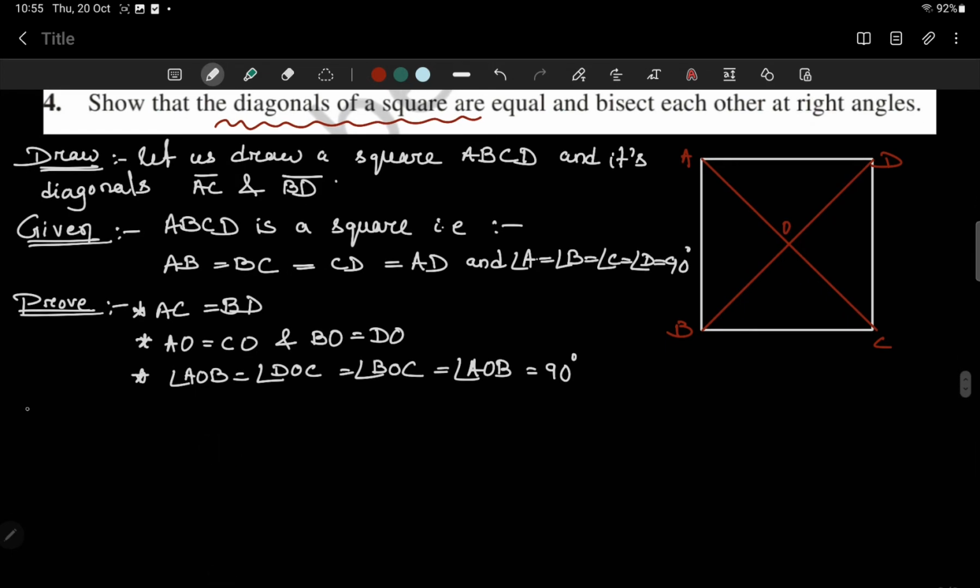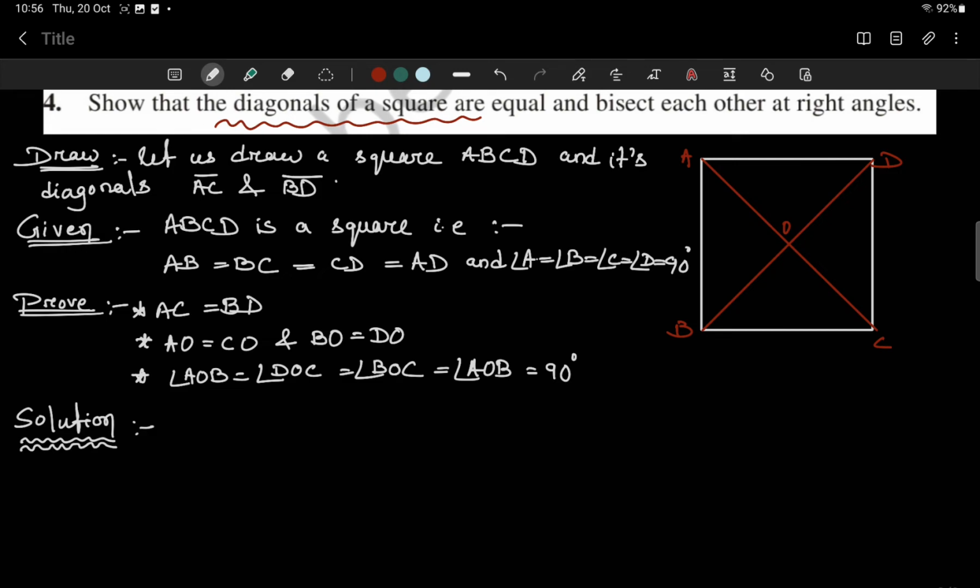Okay, so let's do the solution. Here the maximum solution will come from congruent triangles. Congruence is very important. You have to remember everything. I hope you have remembered, because it is the easiest part, congruency. First let us focus on AC equals BD. How can we prove that AC equals BD? If we make congruent triangles